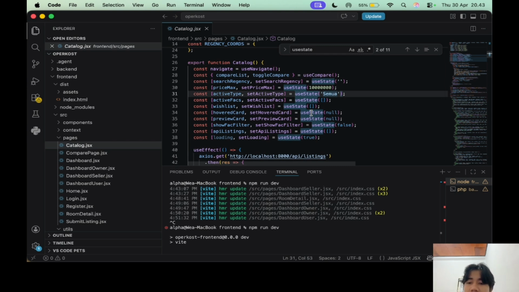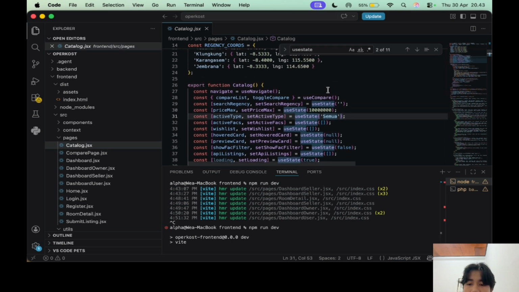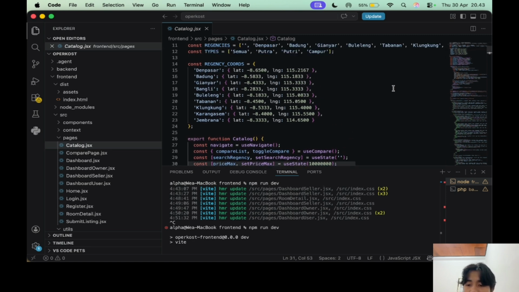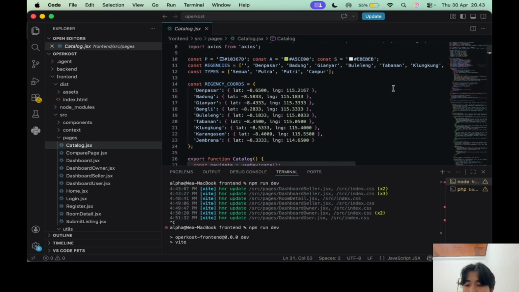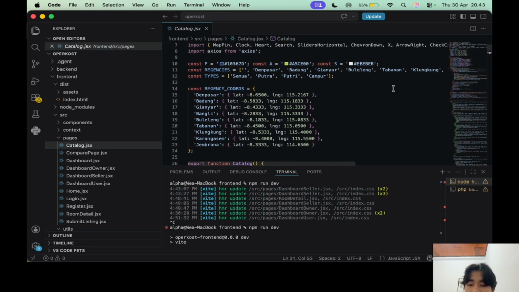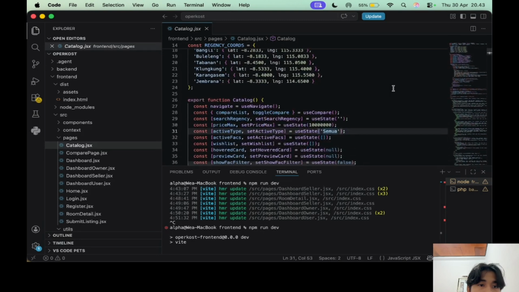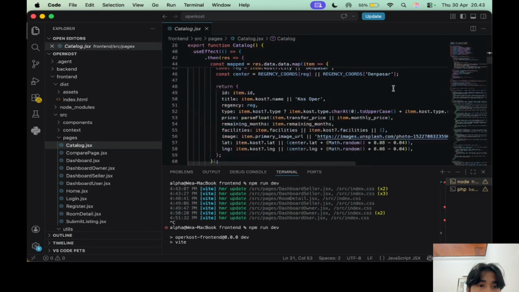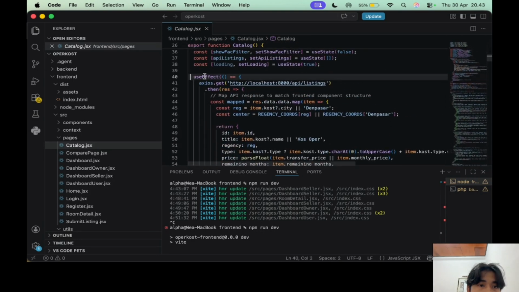Next is API integration. Regarding the integration with the Laravel project, since this is a decoupled architecture, the React frontend communicates with the Laravel backend via a REST API using the Axios library inside useEffect.